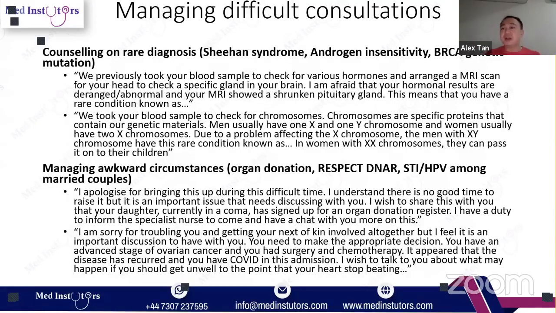If you know Sheehan syndrome, you can say this happened because it's a rare complication after a traumatic childbirth where you lose a lot of blood, and it affected your brain signal, and there is a shutdown in your hormonal function. That's it. And then you just talk about the general symptoms, and then you signpost them to the consultant specialist. Let the consultants like us deal with them. Your job is to recognize that you need to signpost them to the right specialists. Don't take on everything yourself. Refer, follow up with the consultant involved. That's my tip to you.